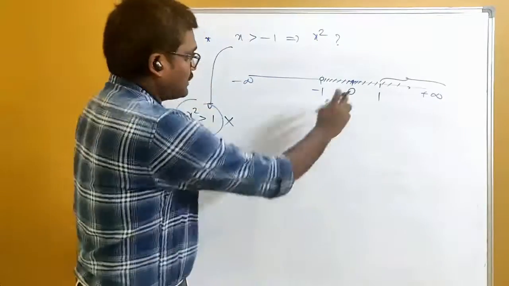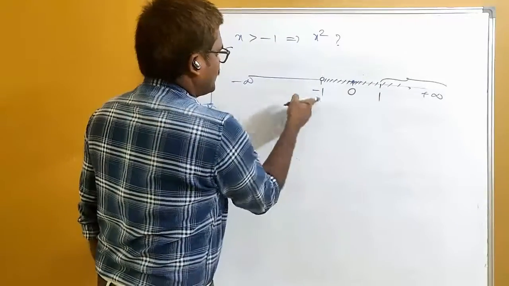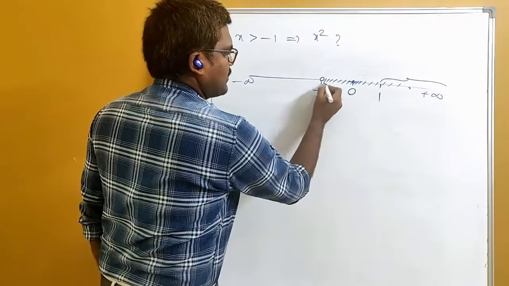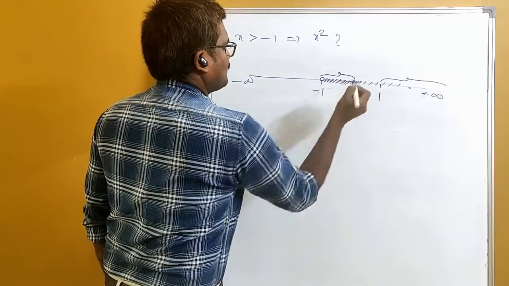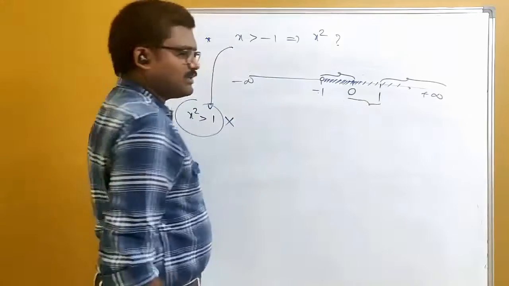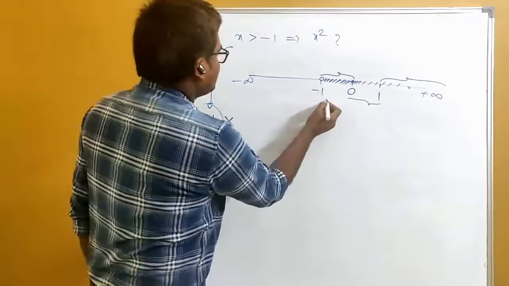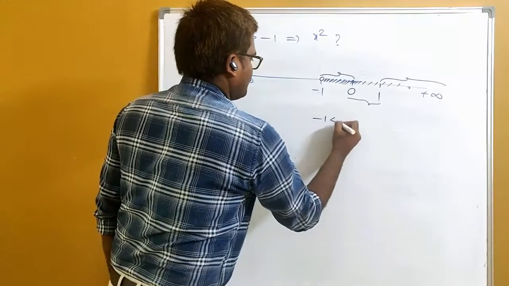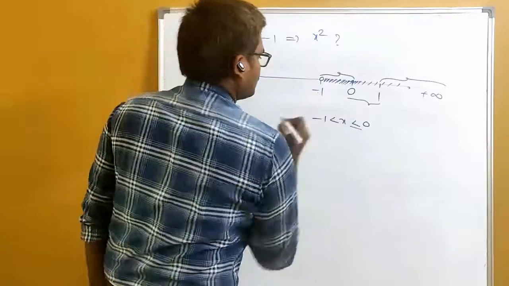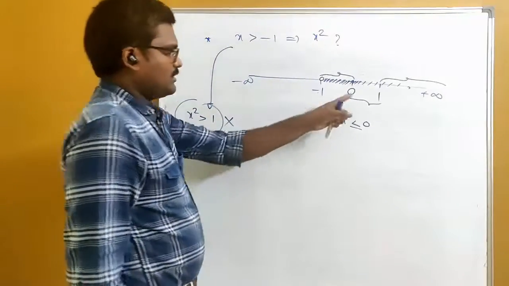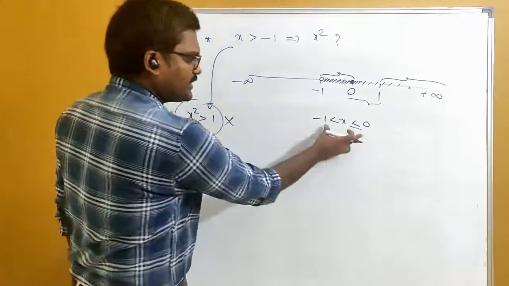Understood? But what about this 0 to 1? Because see, if you square negative values between minus 1 to 0, these will become 0 to 1. Is it correct? You understand my point? If x is between minus 1 to 0, for example, closed interval minus 1 to 0. Now if I give you only x value between minus 1 to 0, now if I square this one,